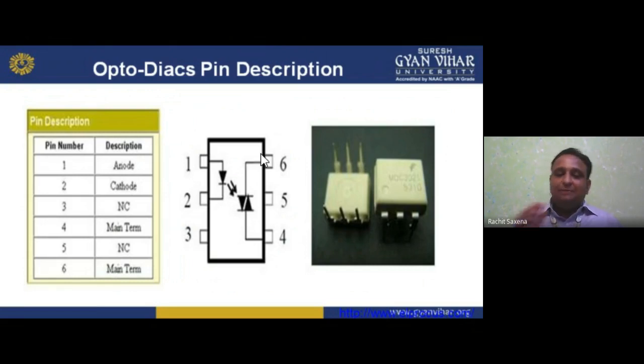So we can connect the anti-parallel connection of these two diodes. It means if one is forward biased, the other one is reverse biased. If one is reverse biased, then the other one is forward biased. So in both cases, they work in the positive or negative cycles. Positive half cycle or negative half cycle, they will give you the output. That is your diode. So this is the 6-pin structure. I hope you understand.